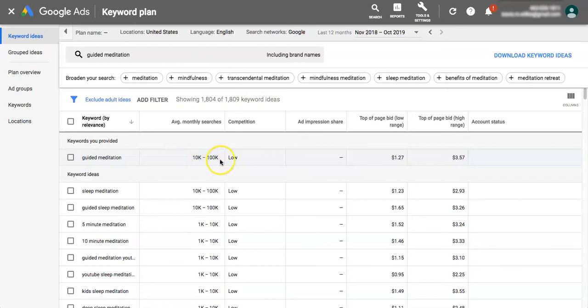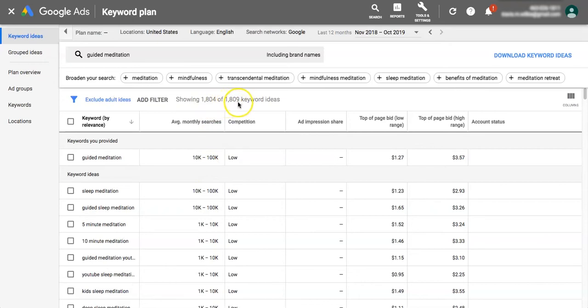That's useful information. If you want to know exact information, you'll need to purchase a keyword research tool, or you'll need to end up spending some money with Google Ads, and after a set amount of ad spend, they'll end up giving you the exact data. So whichever one you want to do. I know Google's kind of picky about who they share their information with, so not much we can do about that. But now we see